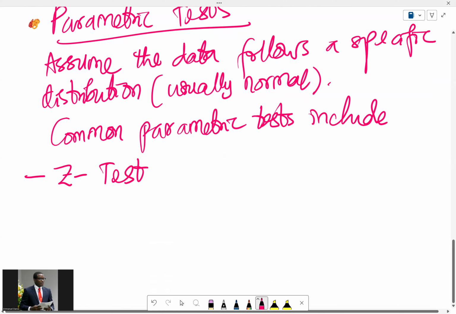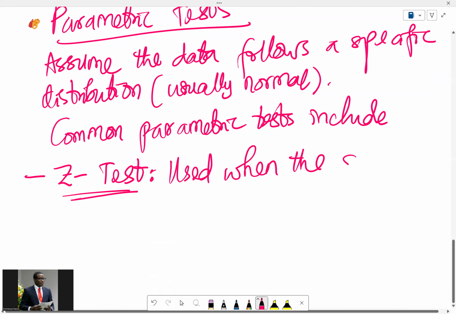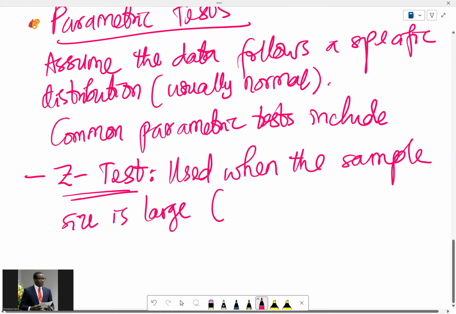So you should know when to use each test, right? Z tests are used when the sample size is large. Just like we said the other time, following the central limit theorem, we assume that a sample size is large enough once the sample size is greater than 30. Or apart from that, if the sample size is large, that is n is greater than 30,